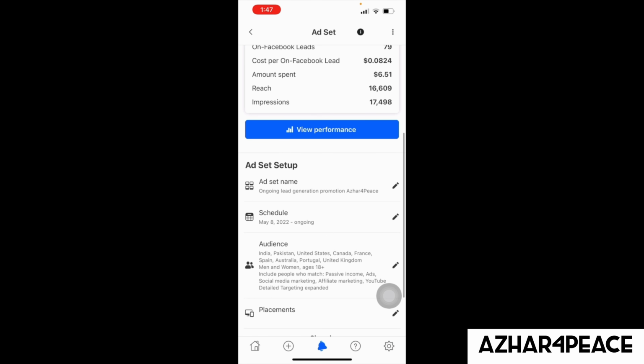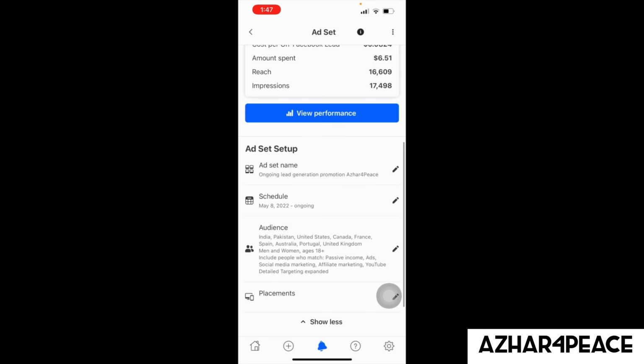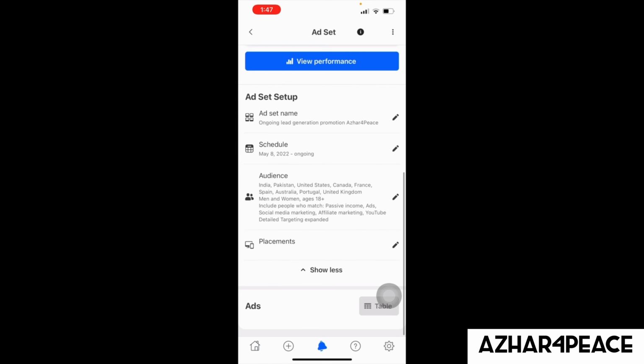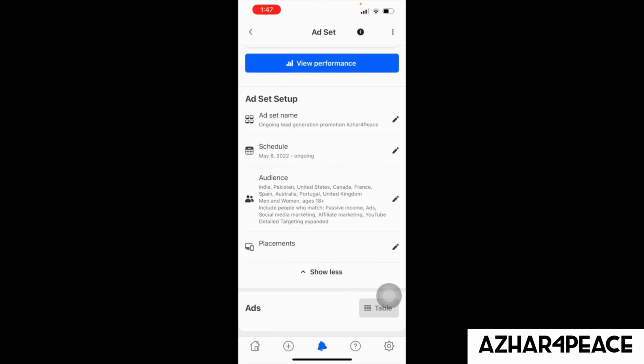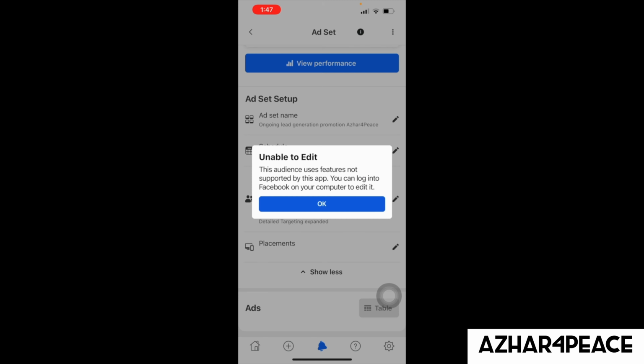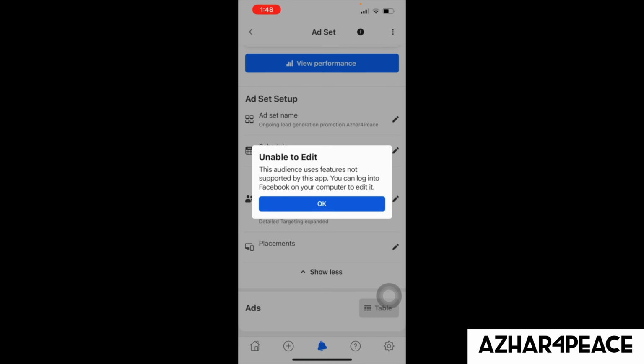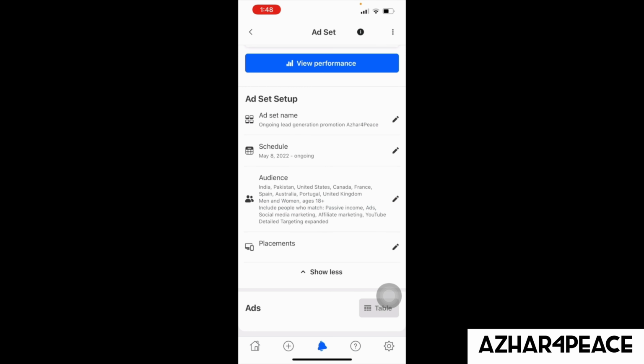It's showing it's ongoing, but I don't know why it's showing it got deleted. I was trying to figure it out, but somehow I think I pressed something. As you can see, in the audience section you can set up everything. It's showing that I have to log into the computer to do it, so I'm not going to go into that, because I was struggling to log in, and it's not allowing me or showing me anything in there.